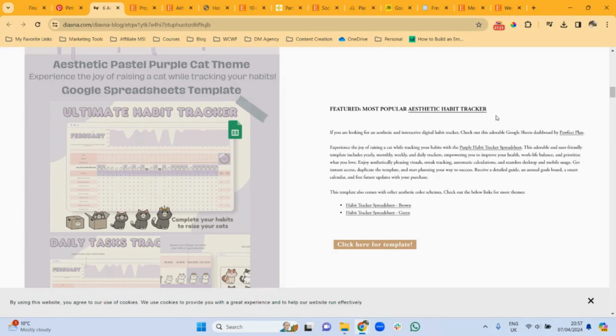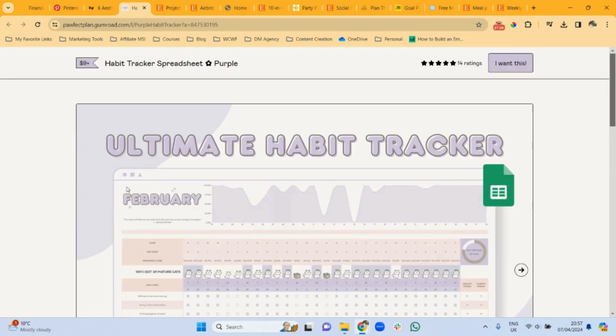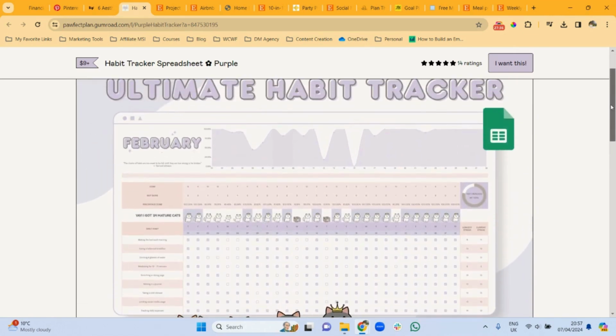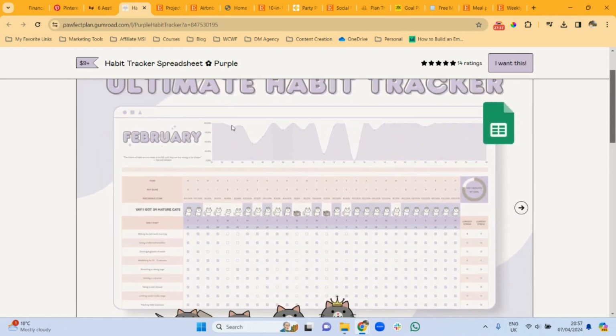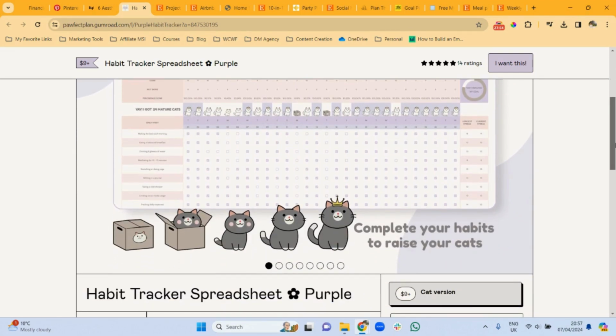Then she just has different templates. She probably is driving it to Gumroad, it looks like. So she actually has hers being sold on Gumroad. Right, so that's what the habit tracker looks like. And then there is a chart here where they are able to visualize what their habits look like, if they have been consistent, if there have been dips in their habits, right? So this is something that you can also create and sell as well, right?